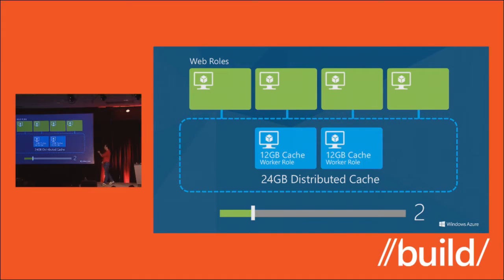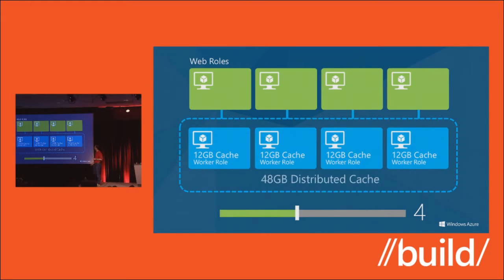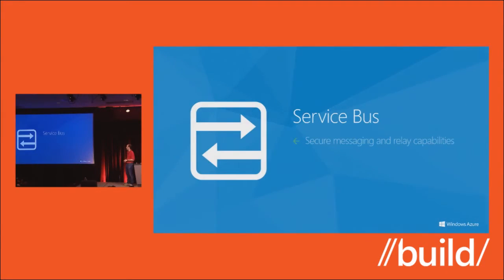The beauty is the responsiveness, even on the cross-machine hop, is on average about 1.1 millisecond round trip. So it's super fast, super efficient. And because it plugs into our scaling model, if I decide to scale up the number of workers I have, the cache will dynamically grow in size, and I now have 48 gigs available instead of 24, and I can scale that down as well. If you remember in the keynote where I showed the Scale tab, I can scale up and scale down each tier. This plugs in directly to it. It's a great feature you can take advantage of.